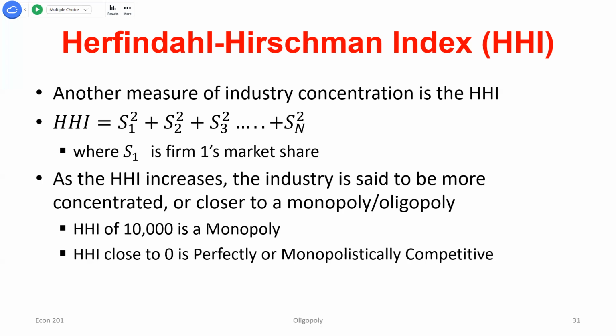2,500 plus 2,500 or 5,000. Okay. So notice here we've got a duopoly, 2 firms, right? Well, what would the HHI be for a monopolist? I've got it up here in the slides, but a monopolist is going to own 100% of total output. So when I square their market share percent, I get 10,000. So notice now this HHI allows me to see, oh yeah, I can differentiate now between duopolies